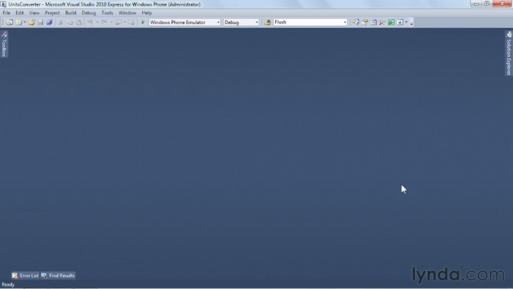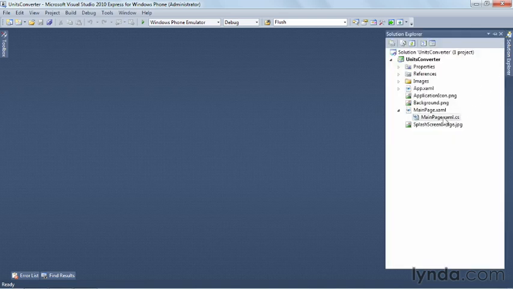All right, now that we've built the user experience and we've made sure that we can connect to the application bar and respond to that click, let's implement a more meaningful click handler for the application bar button and implement the click handlers for the GotFocus event that's associated with each one of the text boxes so that we can properly decide which direction we're doing the conversion and clear out the pre-existing values from the previous conversion before the user starts typing. So let's open up the Solution Explorer and once again open up